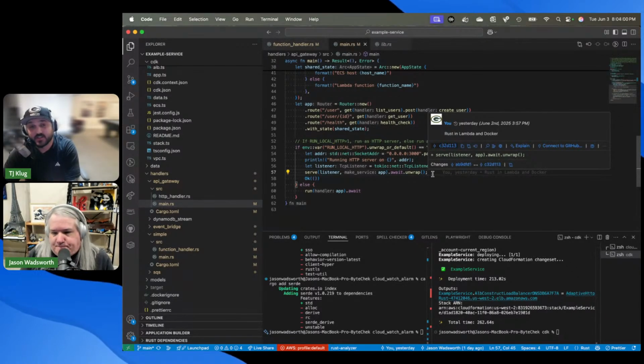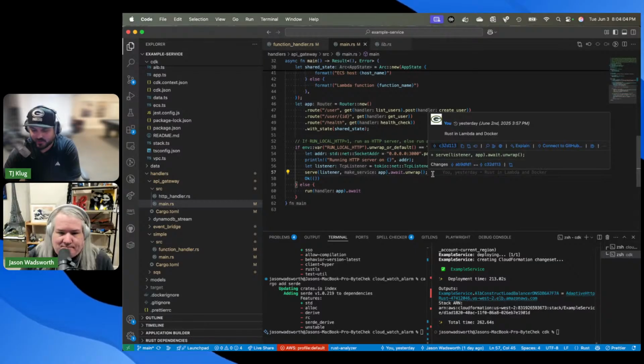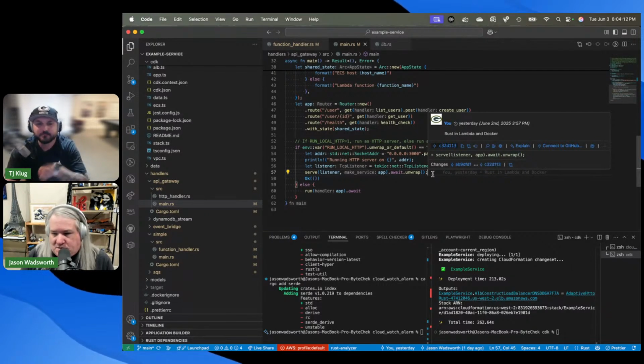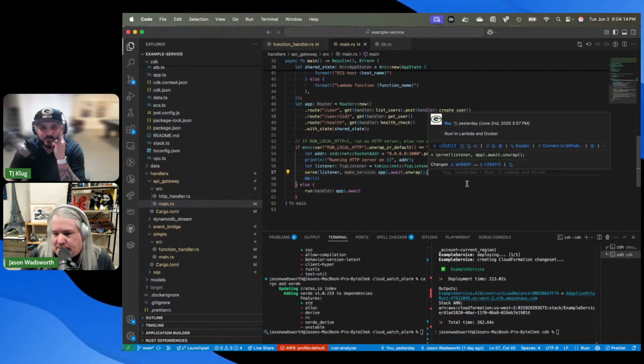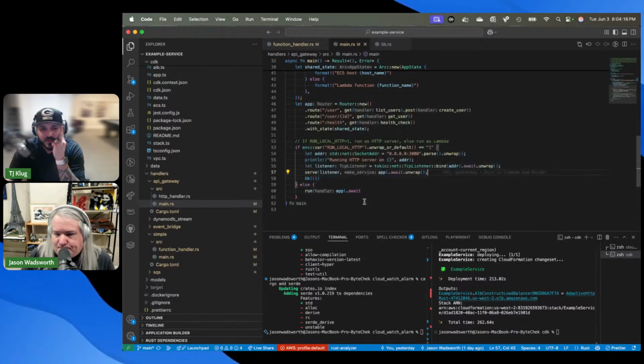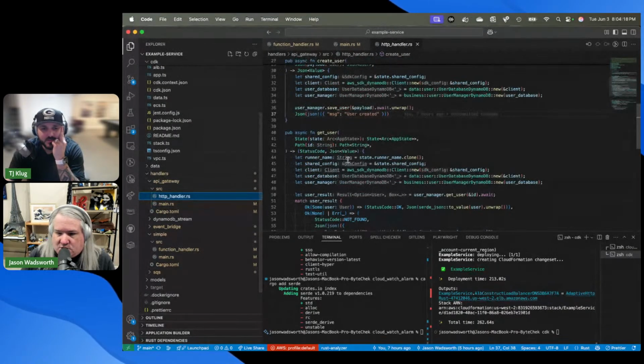I actually like that a lot, because we're lucky to have individual developer accounts sometimes, but this would give you the ability to run it locally and do some of that debugging up front. Absolutely, it can be really nice for that. Otherwise, we're going to run it as Lambda. And then over here, it's just all the different functions.